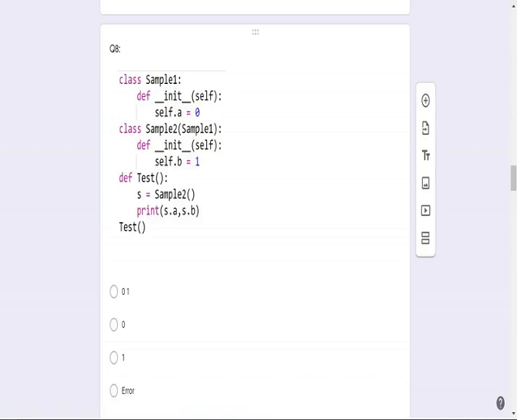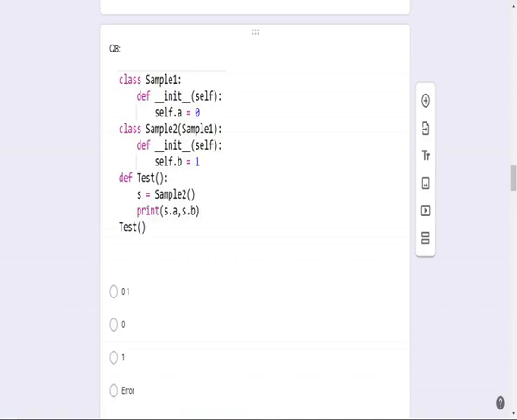And I am using a function text. In the function text, I am creating an object for sample 2 and printing s.a comma s.b. Observe that generally we assume the answer is 0 comma 1. But remember, even though you are applying the inheritance concept, the attribute a is not passed through this constructor.